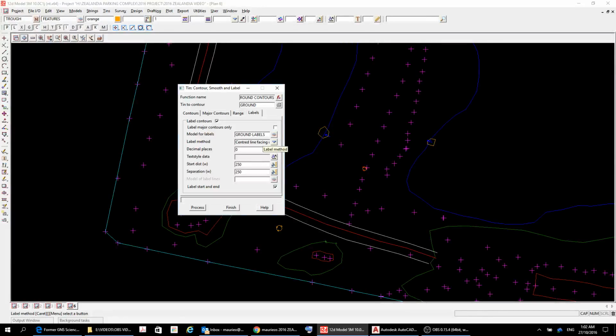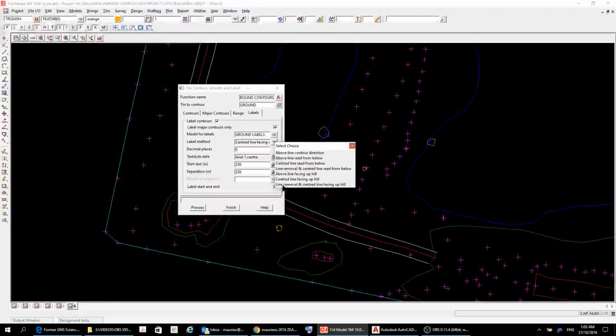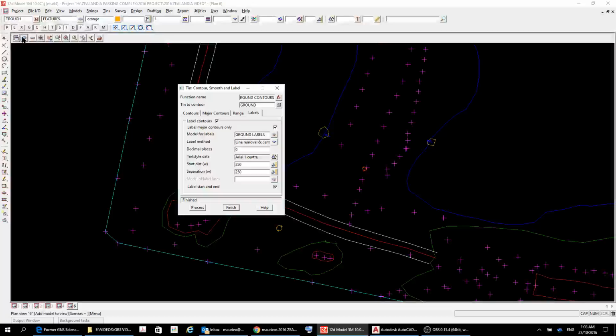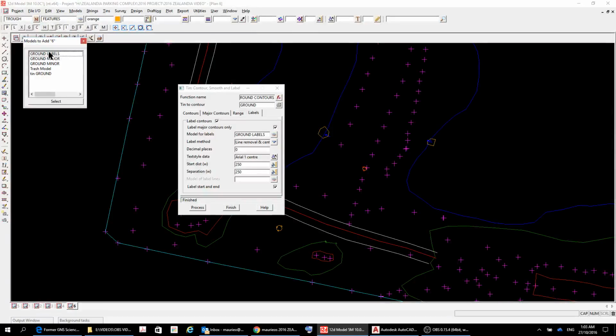So that's labeling them. I'm just going to contour the major ones only. They'll have no decimal places. Text style for the data will be 1. The model, label start and end, yes. They will be line removal and center line facing, and centered line facing uphill. That's mine, and then I'm just going to process that, and then that will create these 3 models here, which